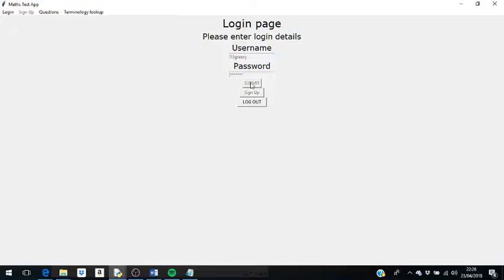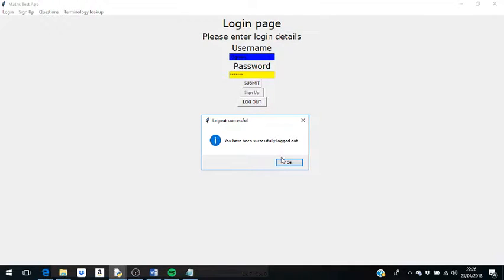At 1.5, attempt to sign up while logged in. As you can see, I've just logged in and I can't press the sign up button or the sign up menu option, so therefore this is successful. So if we go to log out and go to 2.1,